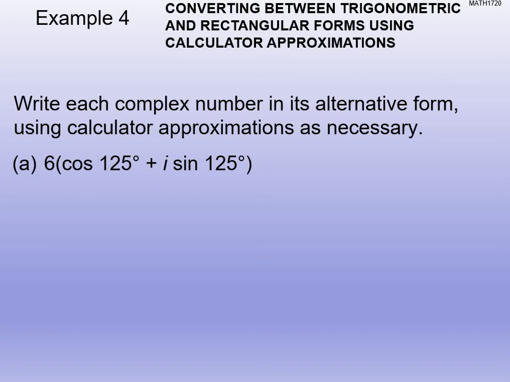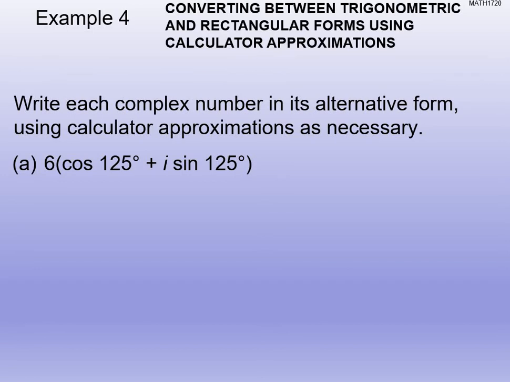Okay, alright, so let's do another example here. We're going to write each complex number in its alternate form using a calculator approximation as necessary. Okay, so we have 6, which is our what? You should recognize that's our r. And then we have cosine of 125. The 125 is obviously the theta. So we want to find our two